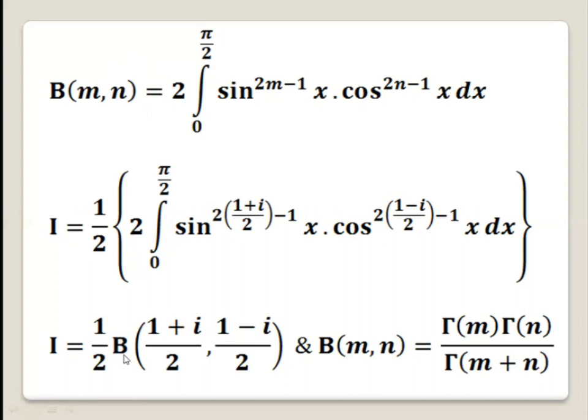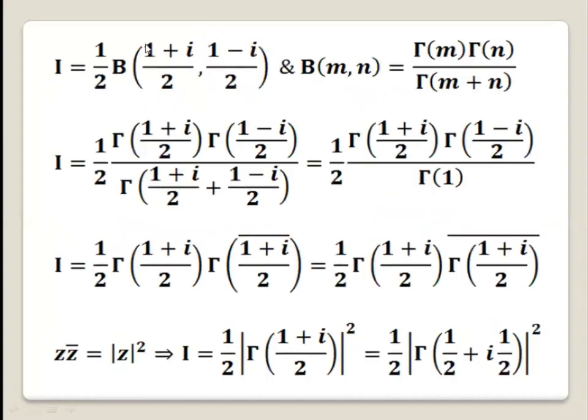Remark that beta(m, n) equals gamma of m multiplied by gamma of n all over gamma of m plus n. And so I becomes half multiplied by gamma of (1 plus i over 2), gamma of (1 minus i over 2),